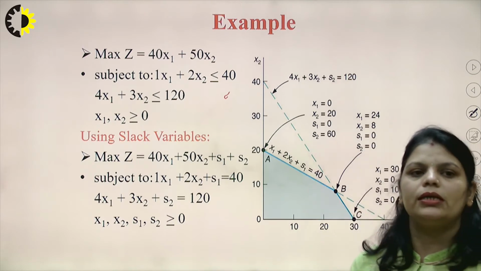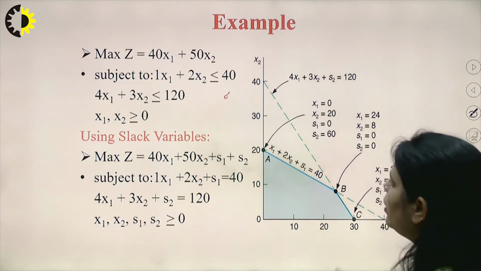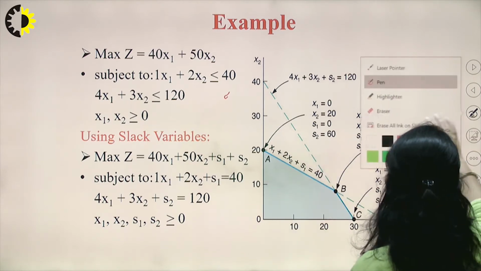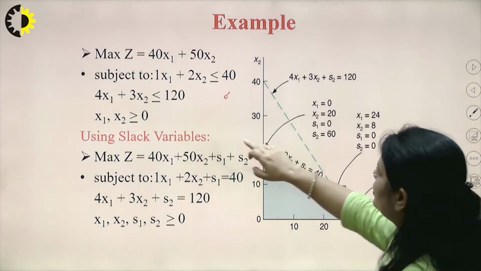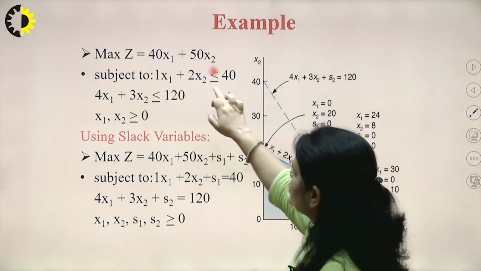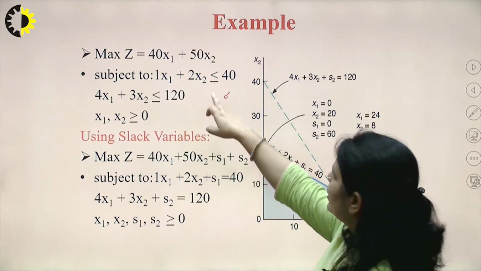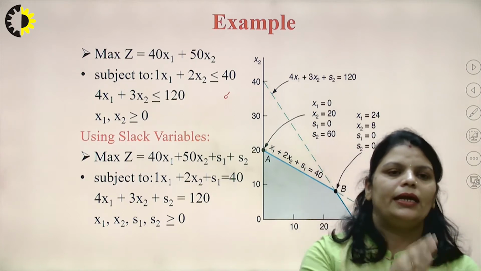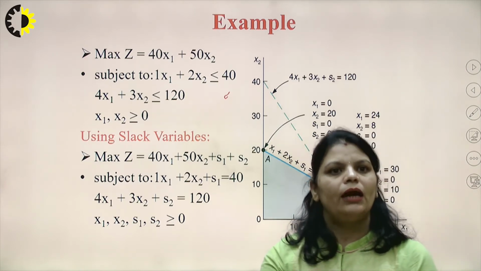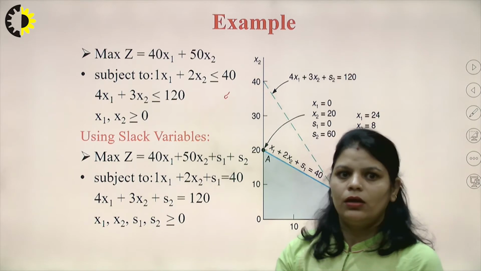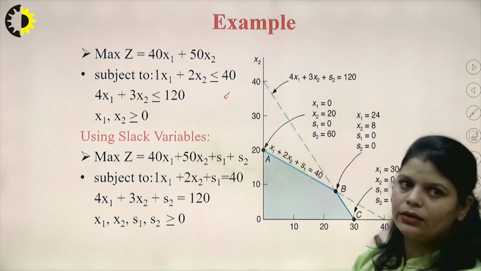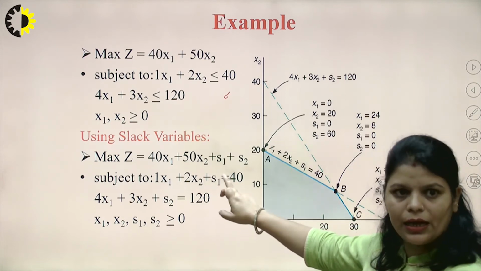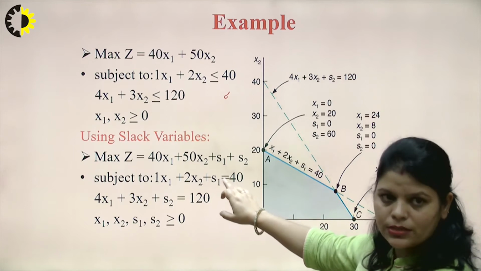So our main objective here is to convert these inequalities into the equality form. We have to convert these into the equation form. In the first equation we can see that we have the less than or equal to symbol, meaning the left hand side is weaker. So we have to add some variable in this. In both these equations we have to add variables. You can see here that we have added s1 towards the left hand side. This is known as the slack variable.